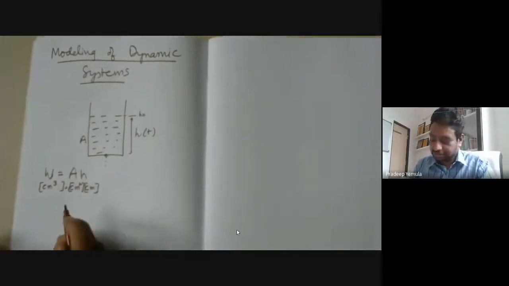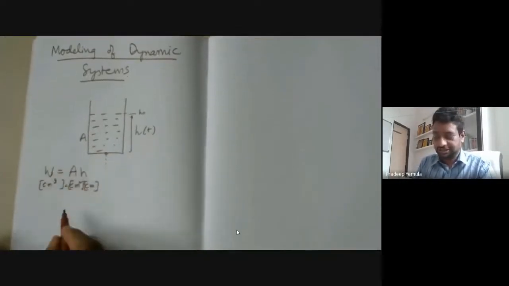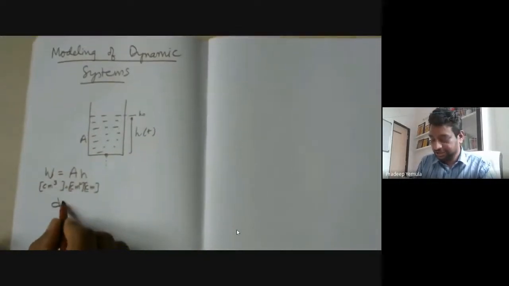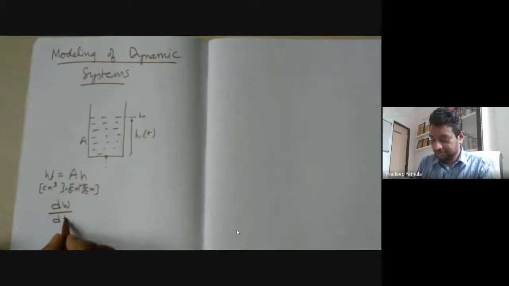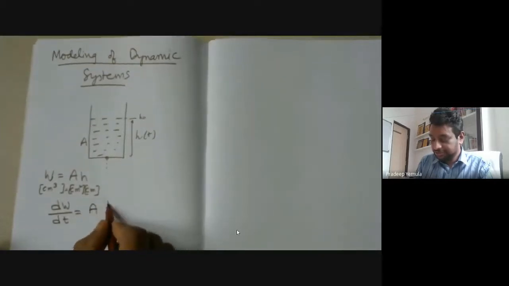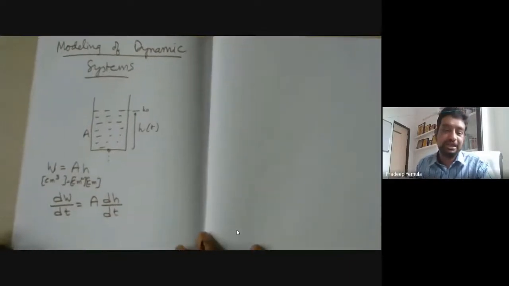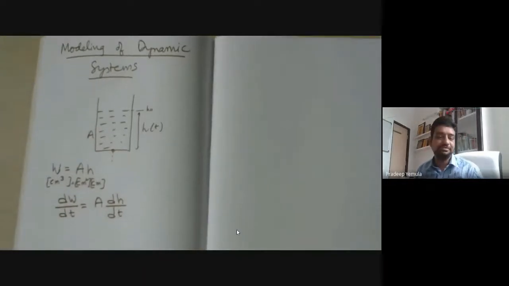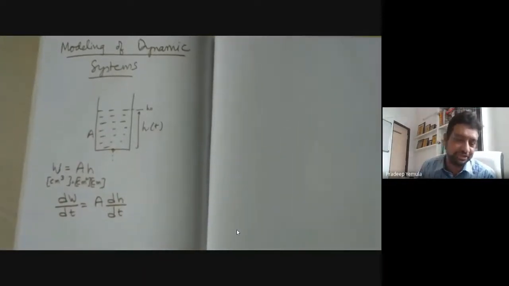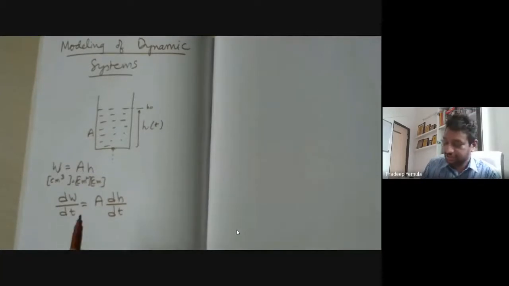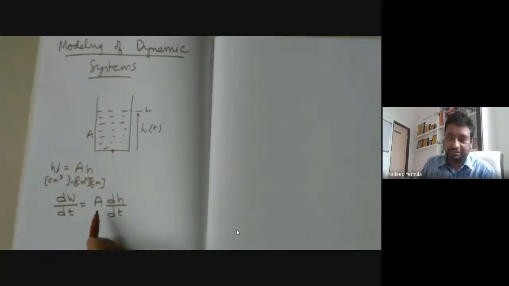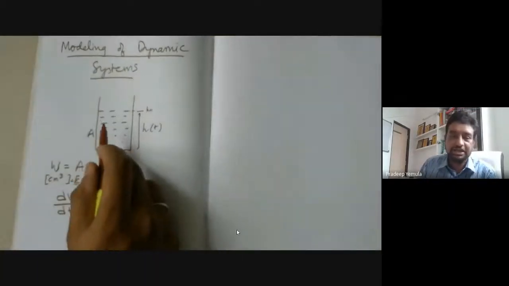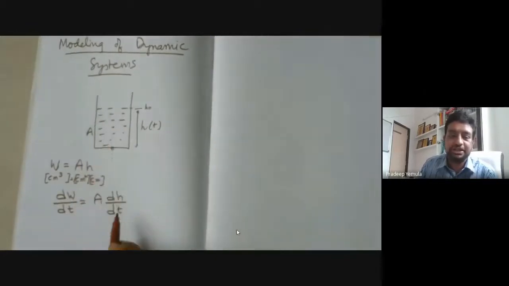So now what we want to do is that first equation I want to differentiate. So then dW by dt will be equal to A into dH by dt. It's a simple derivation on both sides. Yes, again, I hope you have all done this many times before. So you know what this is. Okay. Now why A is not differentiated is because A is constant. Because I am using a cylindrical jar, the area of cross section is constant. So A is constant, whereas H is variable, and here W is variable.